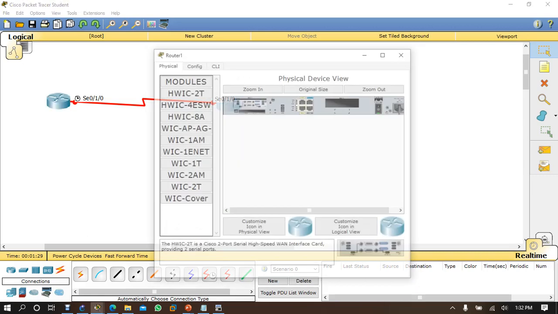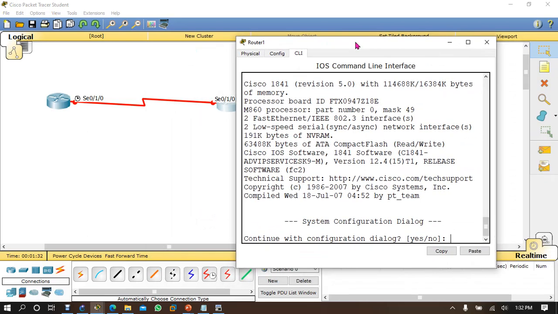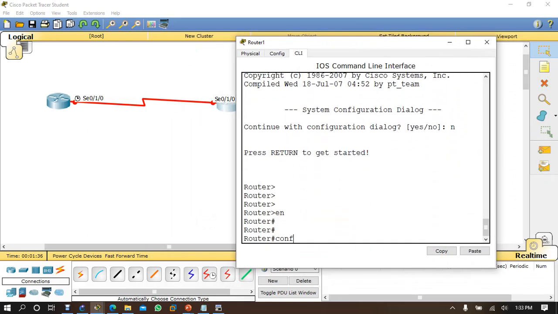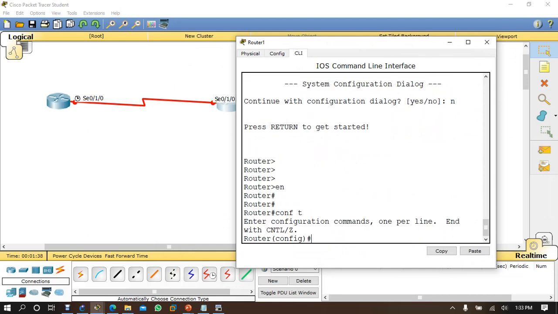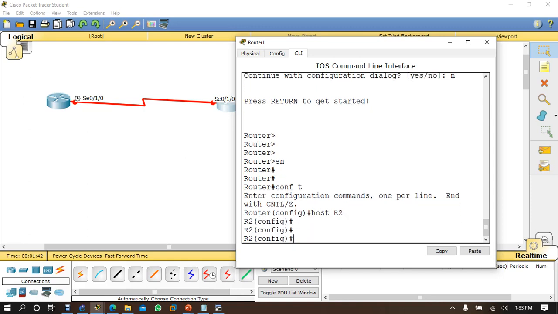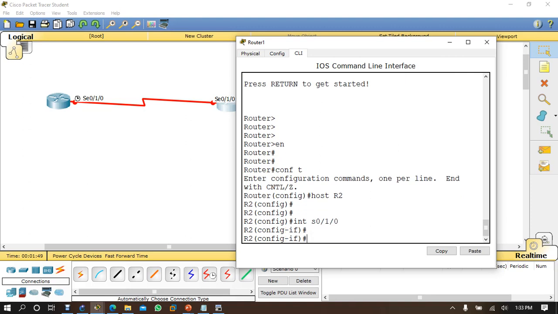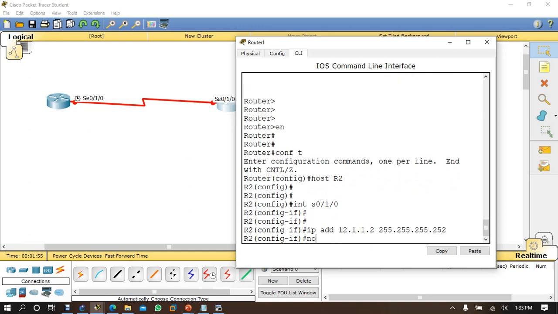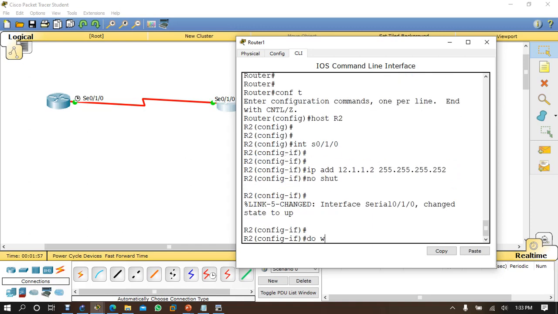Come here to the CLI, enable, conf t, host R2, then interface serial 0/1/0, IP address is 12.1.1.2, and then no shut, and then do write.